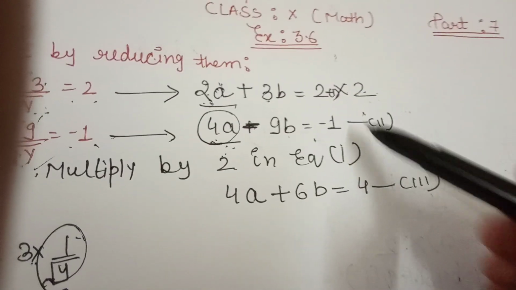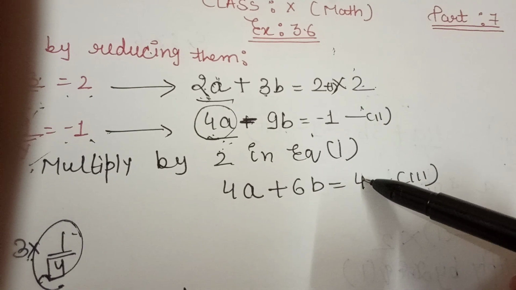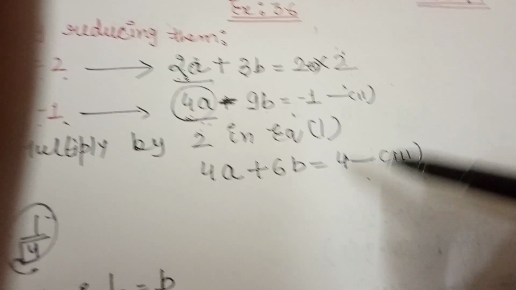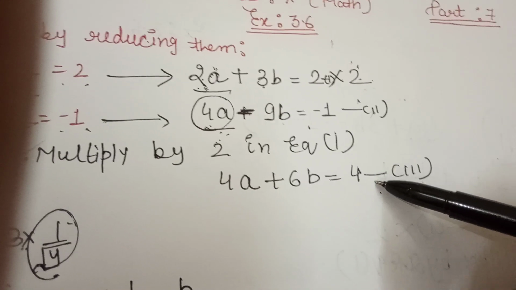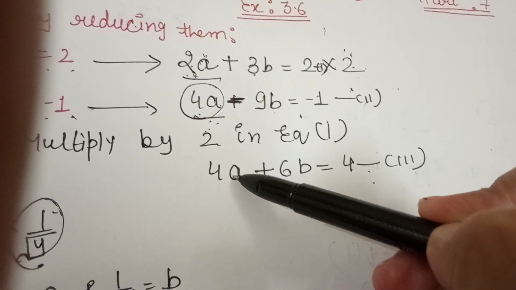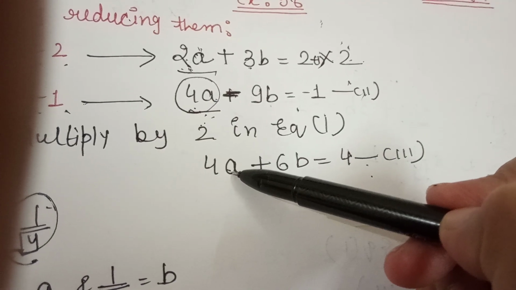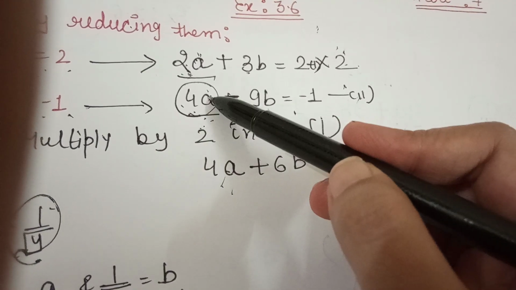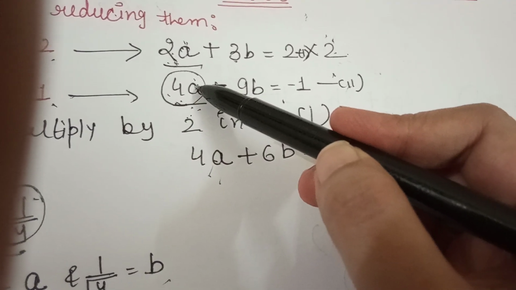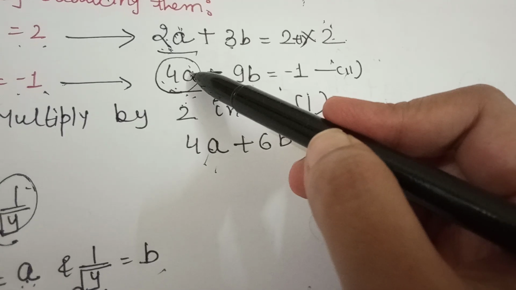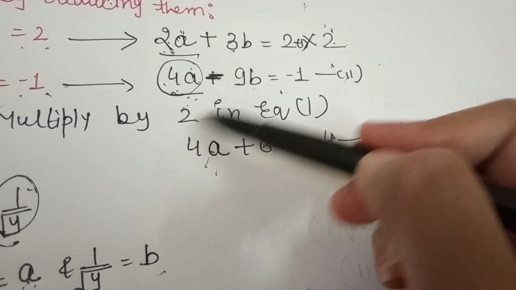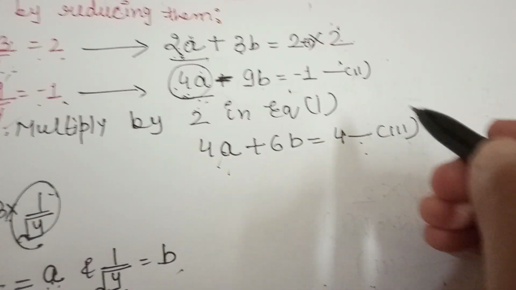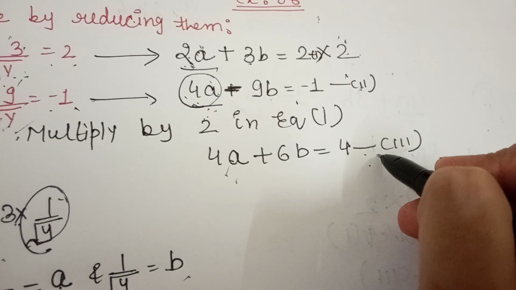Now we will calculate with the second and third equations, because the first equation, after we changed it, became the third one. So we will calculate in the second and third, because in these the one variable is the same in both the equations. Now these same variables in both the equations are positive, so we cannot add the equations, because if we add, we will not be able to eliminate it, so we have to subtract. So now we will subtract the second equation from the third.